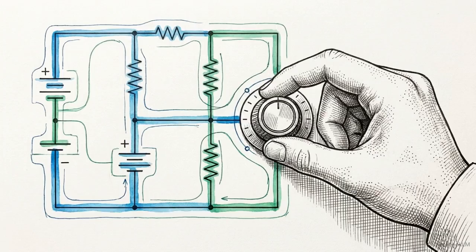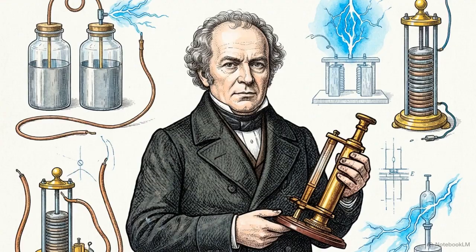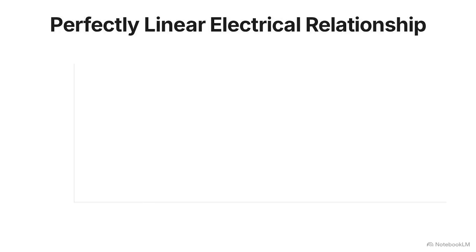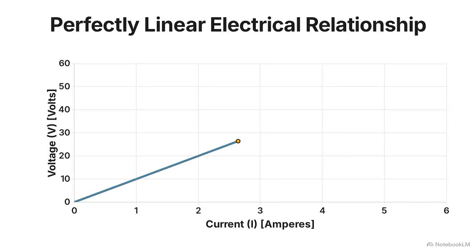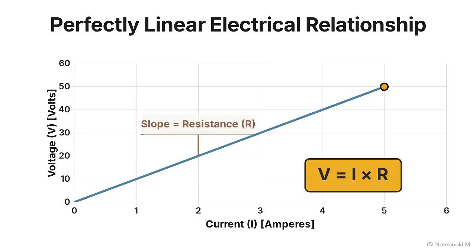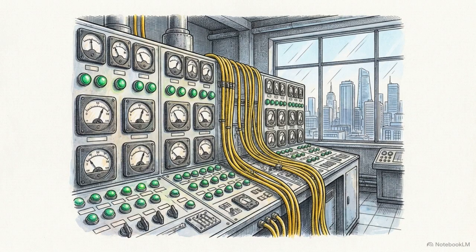To use it safely, we need a mathematical way to predict and control how it behaves before we ever flip a switch. In 1827, German physicist George Ohm published a discovery that changed engineering. He proved that in most materials, there is a perfectly linear relationship between three variables: voltage, current, and resistance. This equation, V equals I times R, became the standard for calculating how to safely harness and scale electrical energy